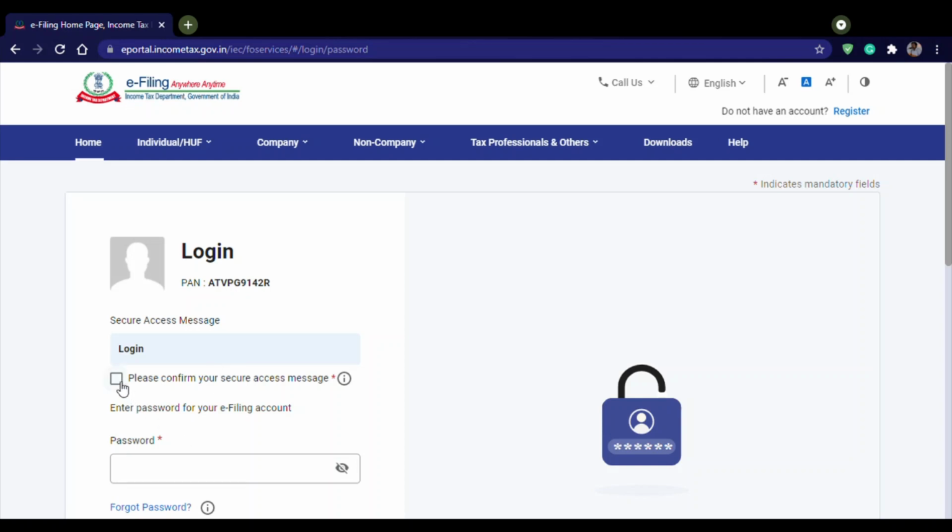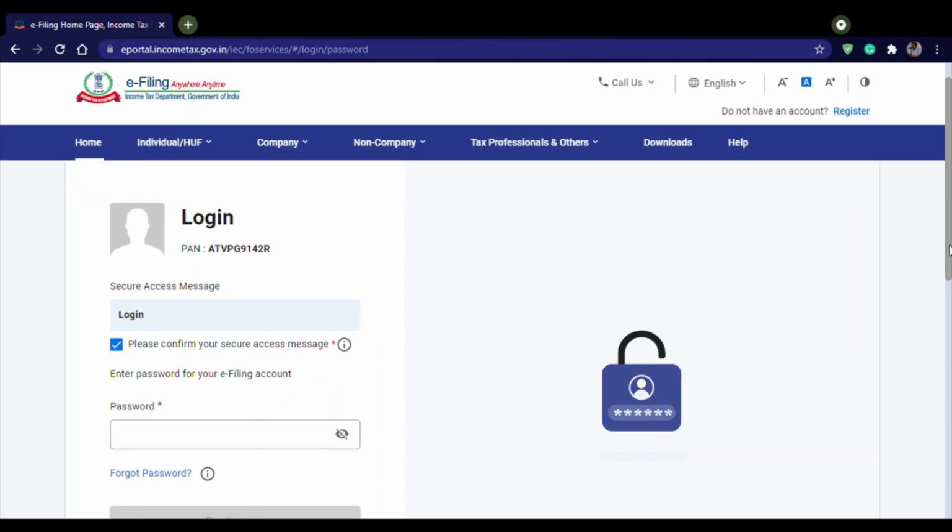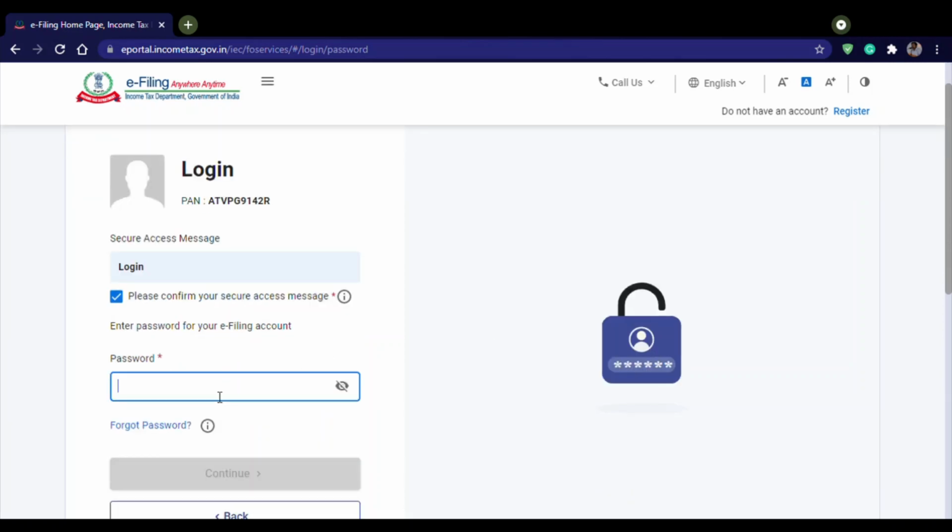Then I need to confirm that this is a secure access. Then I need to give the password, and then I click continue. The password which I provided is the old one which was used at the time of login through the old portal, and then I click continue.